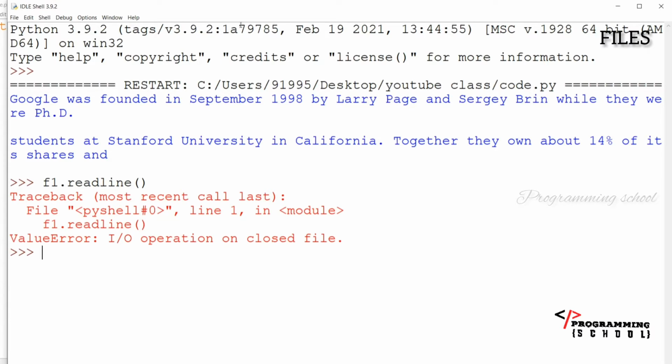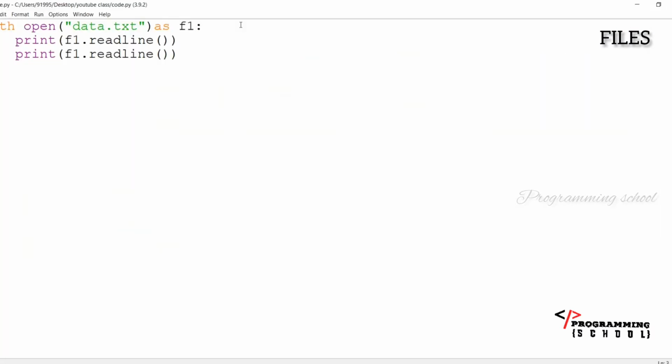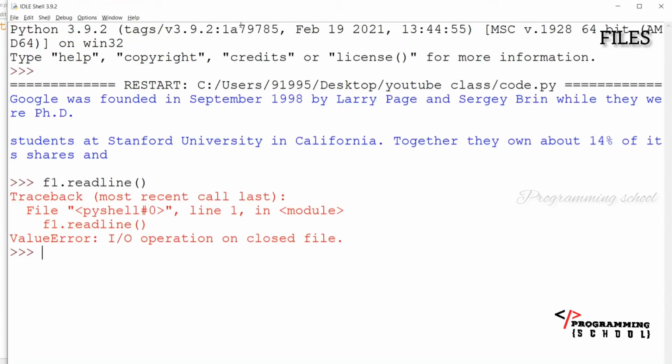It is going to print, just a minute, it is closed, right? Why is it giving a closed error here when there is no close? We are not writing f1.close() here, but how is it working? We are writing it inside with open(), right? If you are writing with open(), it is coming out of the block, out of the loop. If it is coming out, then the file is automatically closed. That's why the error is coming here. That is going to be a ValueError, I/O operation on closed file. We cannot perform any operation if the file is closed.